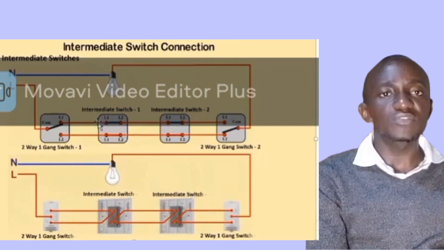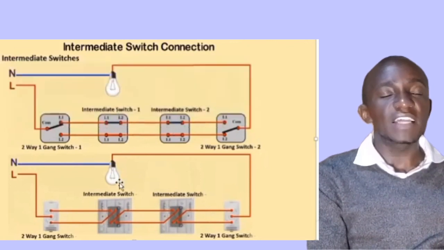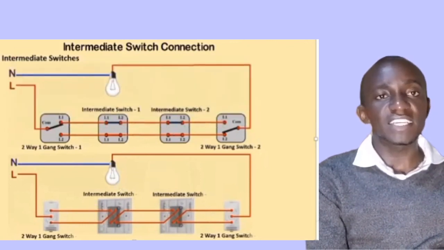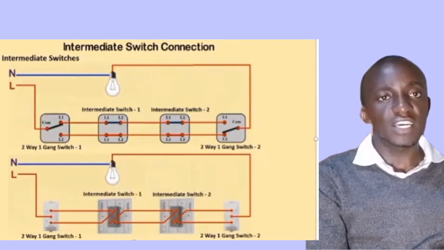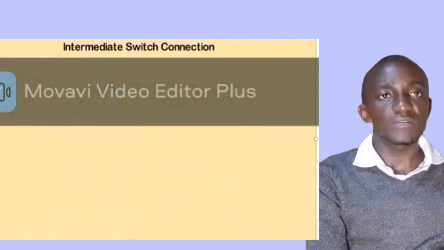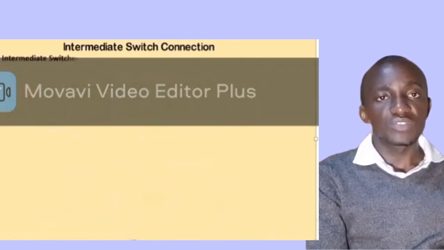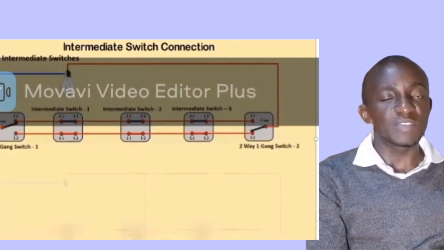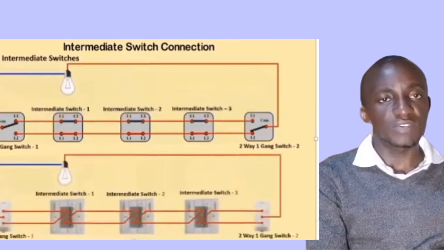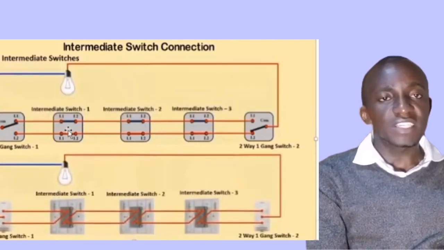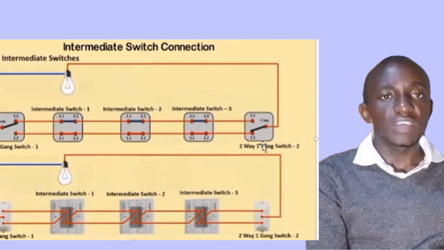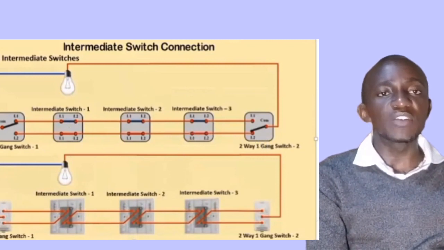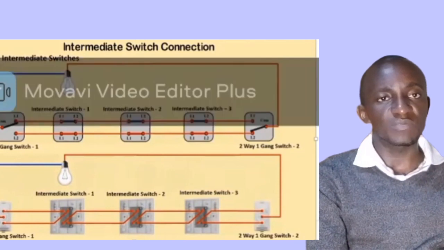If you have a two-gang switch, remember, an intermediate switch cannot exist as a two-gang switch. It cannot exist as a one-gang switch. I have not come across any application of a two-gang intermediate switch. So you can only have a two-gang or three-gang or multiple-gang switch, which is just a two-way or a one-way. A two-way switch can be used as a one-way switch, and I've explained how